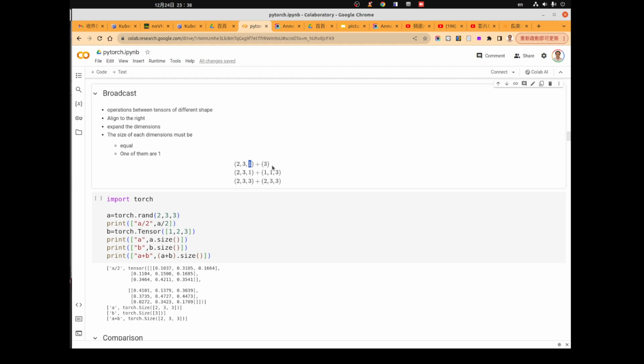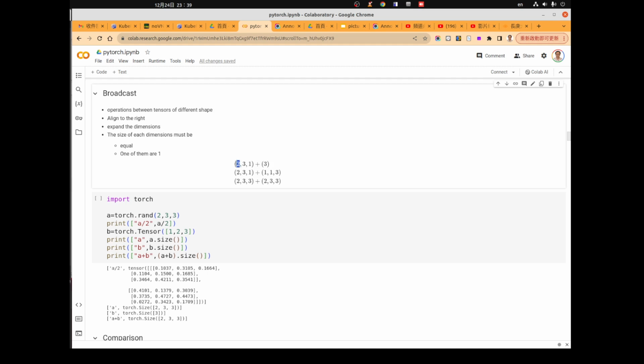Then this 3 will be expanded into 1, 1, 3 here. So the 3 will match to the 1, by duplicating this one for 3 times, and for the first dimension, you will duplicate 2 times.